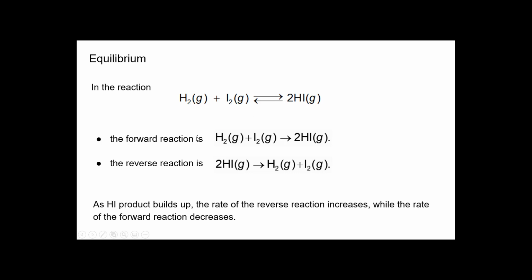And in this case, it's 2 molecules of reactants and 6 molecules of product. So in the reaction, the forward reaction is given here. And you can see that was what was producing hydrogen iodide. And the reverse reaction is just flipping this. So we have our product, but it goes back to being reactants. So as the hydrogen iodide product builds up, the rate of reverse reaction increases because we're getting more product that will interact with each other,